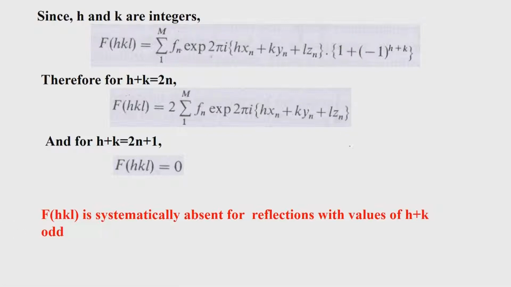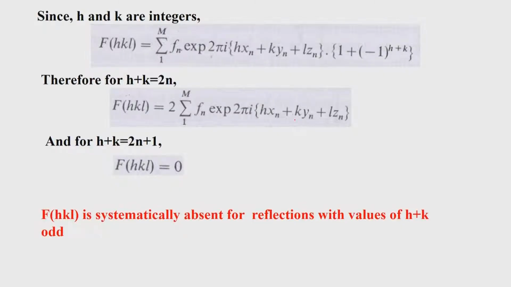So, suppose I am trying to measure in a C centered lattice, let us say I want to get a value of f of HKL, that means I measure the intensity of HKL. What I measure are the intensities of HKL. So, I have the diffraction experiment done, some spot appeared, so I index the spot. Indexing again is a very crucial factor. Once I index the spot, I will identify the HKL values. If I know already that C centering is present, or if I do not know anything about the presence of the C, let us look at it that way.